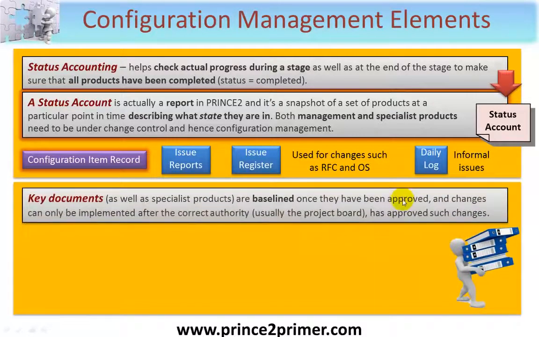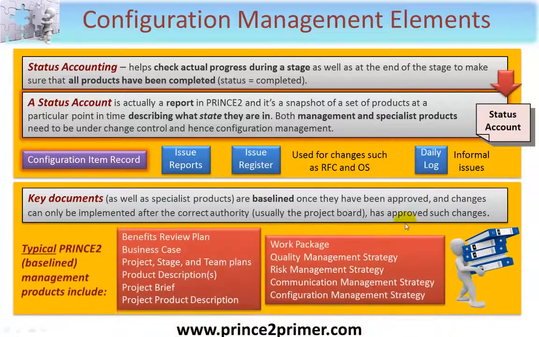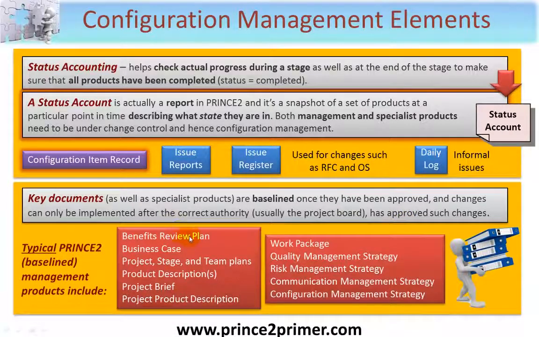Let's quickly look at the management products. These, of course, are baselined once they've been approved, and changes can only be implemented after the correct authority, normally the project board, has approved such changes. Typical products that you'll find in Appendix A of your PRINCE2 manual would be the benefits review plan, business case,